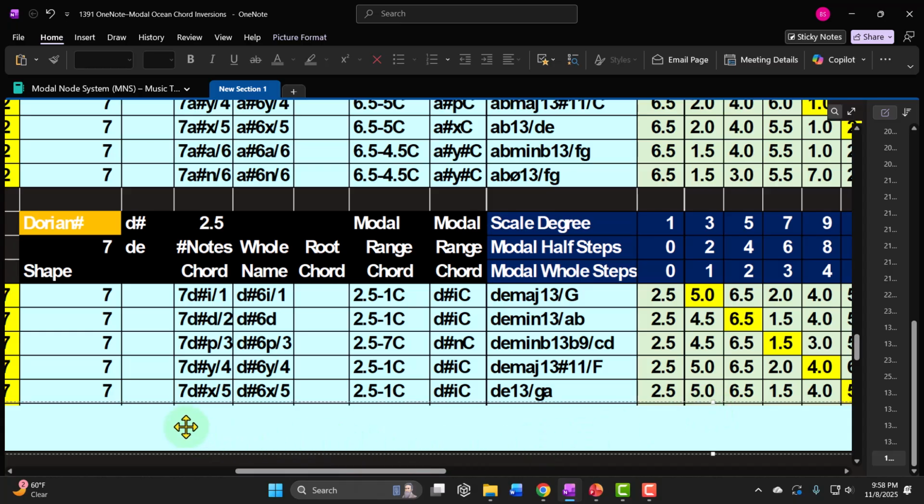We could have a Dorian ocean with a Mixolydian shape. Normally would be called a D sharp or E flat 13 slash G sharp or A flat, but we can call it a 7 D sharp X slash 5 or D sharp 6 X slash 5 for a 7-note Dorian